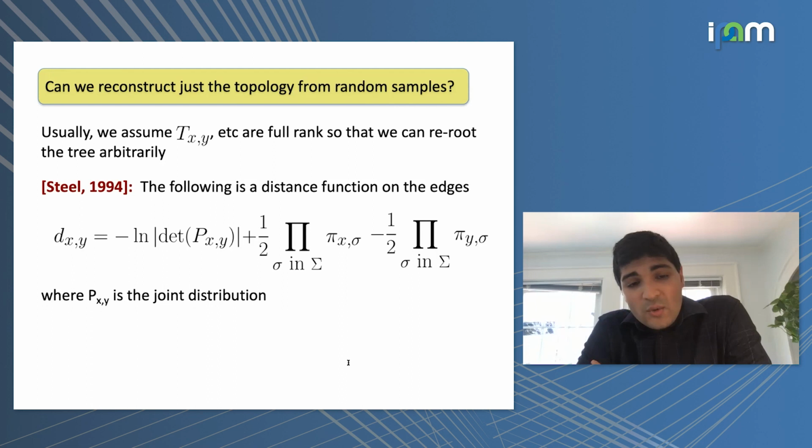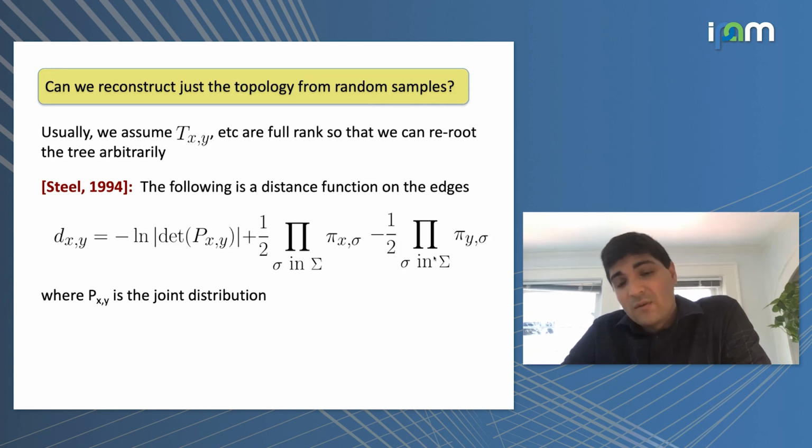So if you look at two different leaves, so extant species X and Y, we can look at a matrix that describes the joint distribution on their symbols. So to be clear, this matrix P sub XY is a size of sigma by size of sigma matrix. That's something that you can compute very easily from your samples because it's just moments. And what he showed is that if you take this crazy expression on the right, where you have something that depends on the determinant of P sub XY, and there are also some probabilities associated with the marginal distribution on X, on which symbol it takes on.